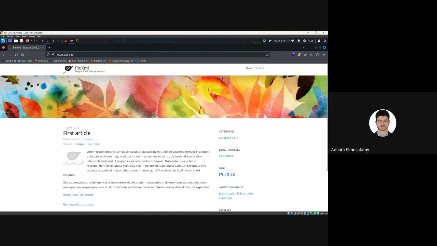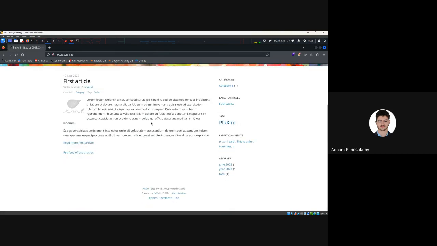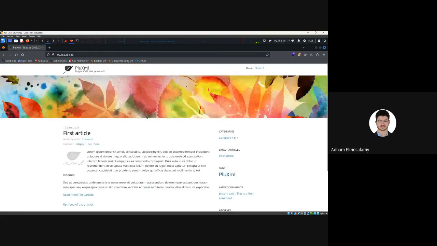But let's see. From the first glance, I think this is some sort of a blog. Okay, there's something called Blue XML. It seems to be the name of the application running here, and it's a blog or CMS, XML powered. It's some kind of technology, some kind of application that this blog is made with. Now